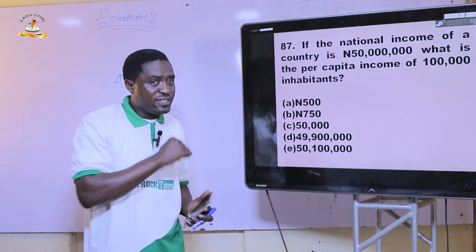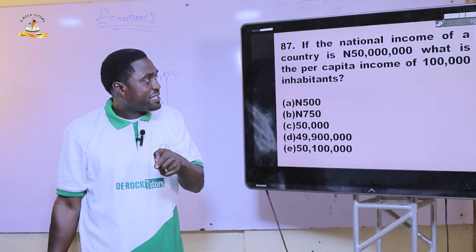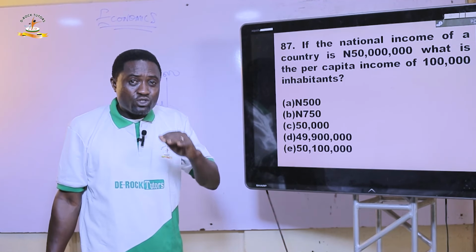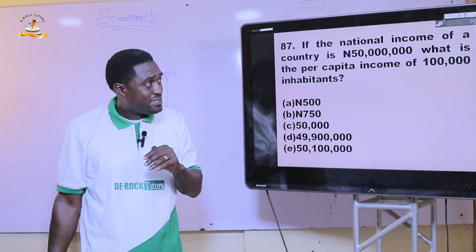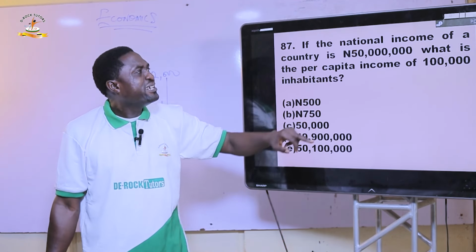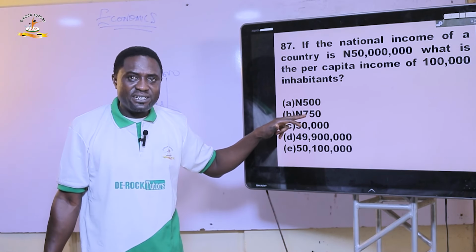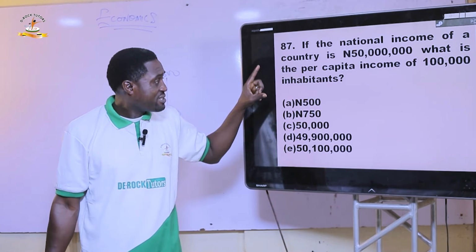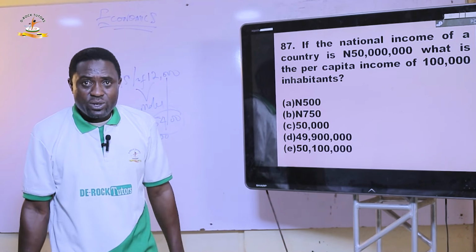So how did we get the 500 naira? Like I told you, to calculate your per capita income, all you have to do is place national income over population in inhabitants. You understand? So the national income of a country is 50 million. 50 million divided by 100,000 gave us 500 naira. So the perfect answer to this question 87 is A, 500 naira. The next question,